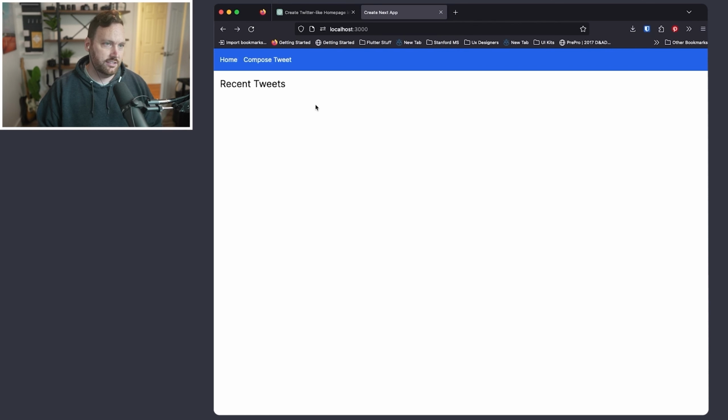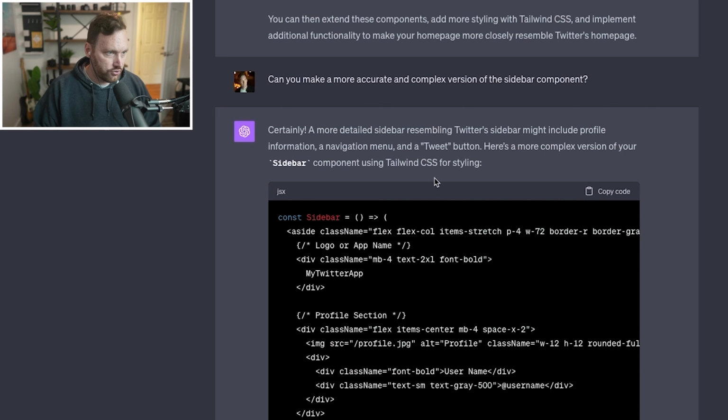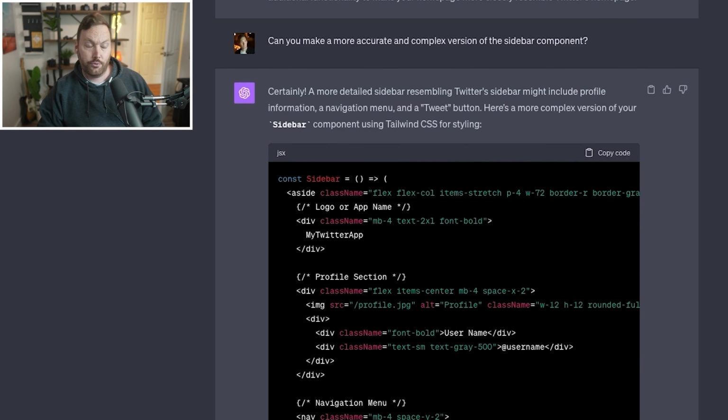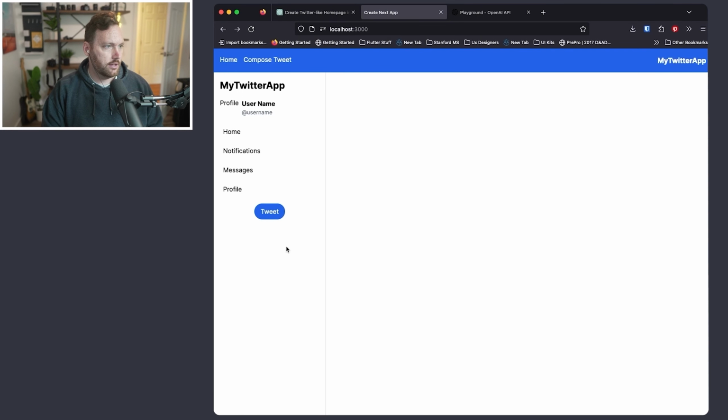Okay, interesting. I mean, that is something. So I asked it to make me a more complex and interesting, accurate sidebar. Anthropic called this app Chirper, which was pretty sick. ChatGPT is just calling it my Twitter app. Okay, hey, that's not bad. Oh, look at that. Now we need to work on the main content